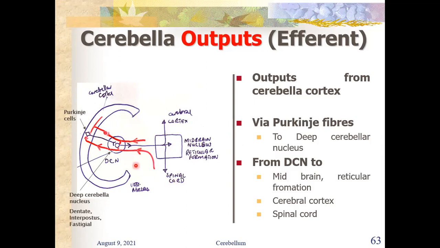So that is the outputs of the cerebellum. That is how the flow is. So in the deep cerebellar nuclei, we have the dentate nucleus, the interpositus nucleus, and the fastigial nucleus being parts of the deep cerebellar nuclei. So from the deep cerebellar nuclei, information is now channeled out of the cerebellum to the cortex,